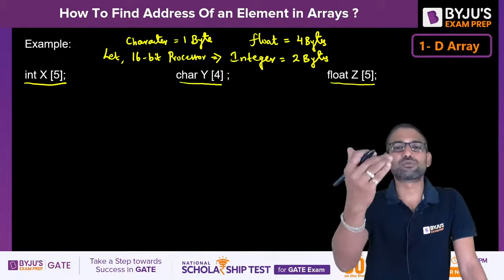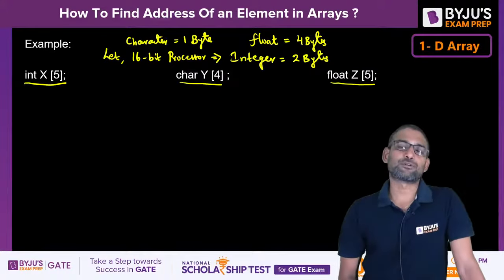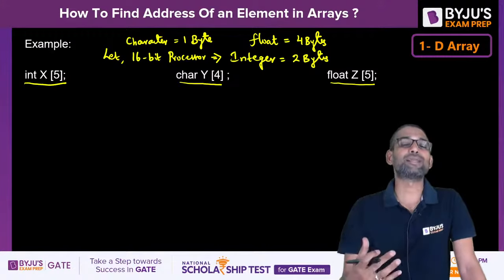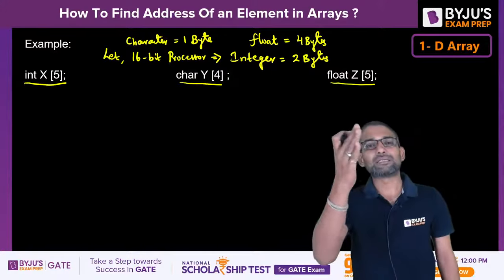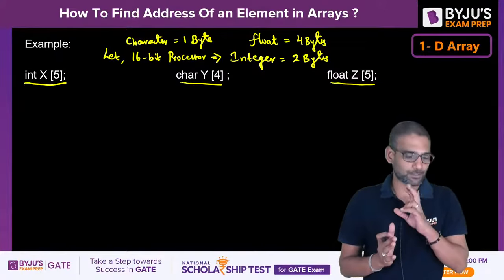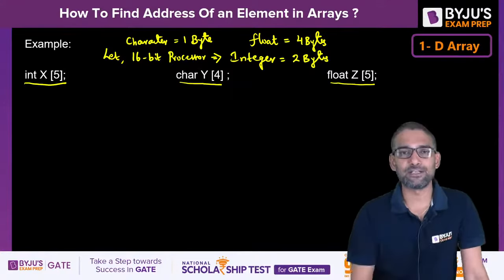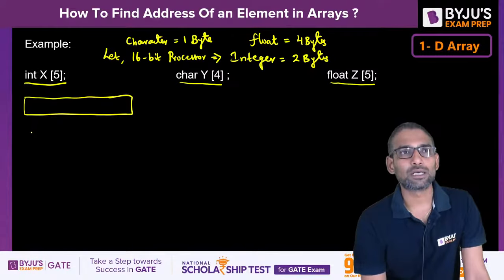But when it comes to the GATE practice or regular practice of your C programming, you will experience 4 byte or 8 byte for integer. So please keep that in mind. Here for the distinction purpose, I am taking the integer size as 2 bytes. Okay, if so, as I have declared 5 integers, total 5 into 2, 10 bytes space would be allocated